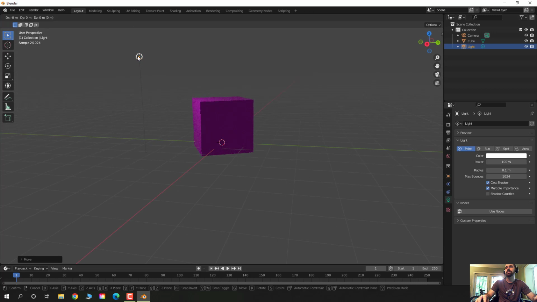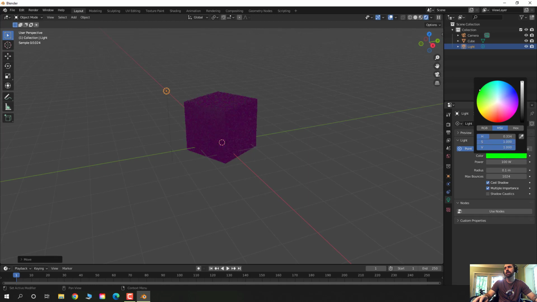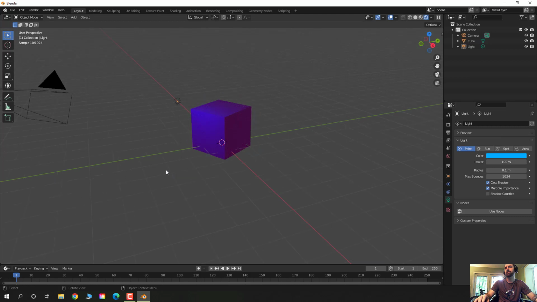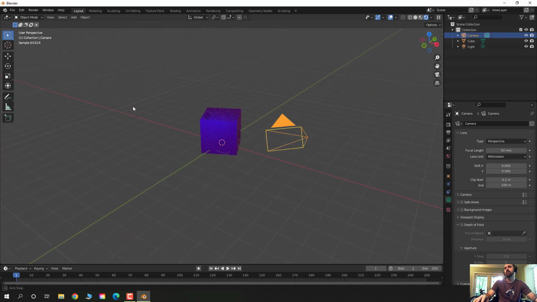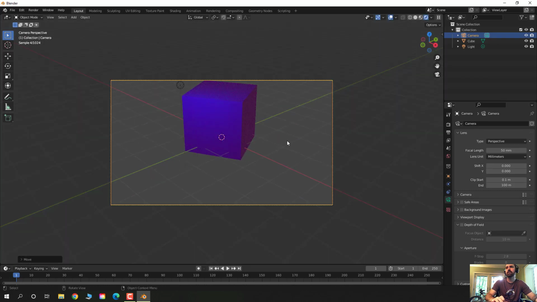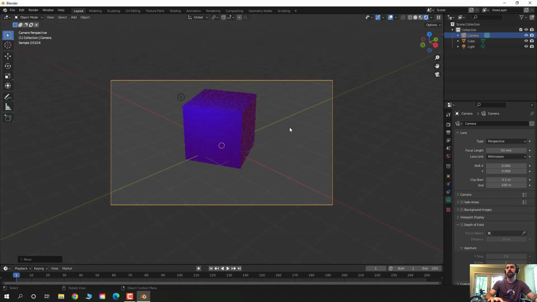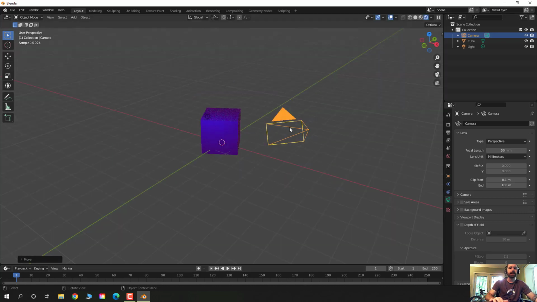I'm going to press GZ, move it down the Z-axis. GX, move it on the X-axis a little bit. And then my color, I'm going to make it maybe a green? Nah. A blue. Let's make it a blue. Absolutely blue. Click on my camera, move it down in the Z-axis a little bit, hit that numpad 0. I'm going to grab it again, move it up on the Z-axis a little bit, hit that numpad 0. Oh, I like that. I'm going to hit F12 to render in Cycles,